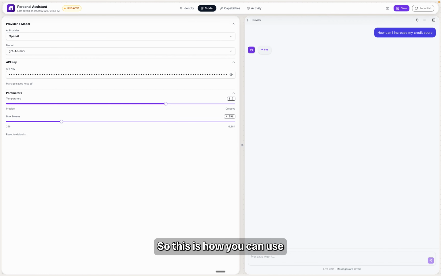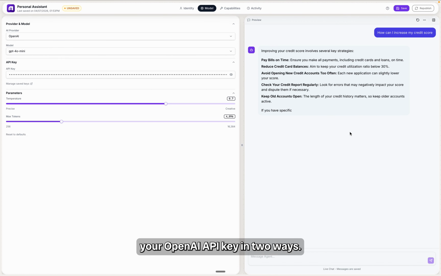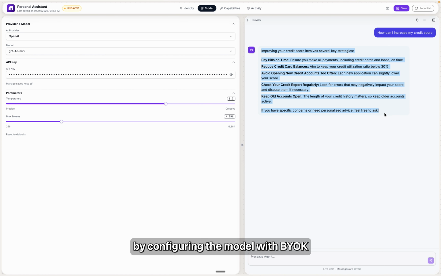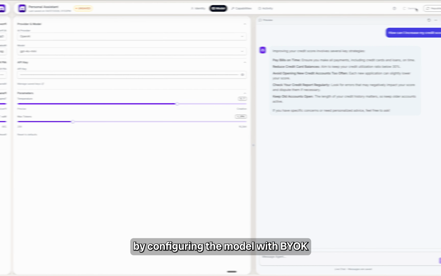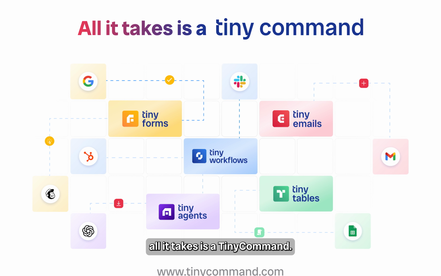So this is how you can use your OpenAI API key in two ways. First, inside workflows using the ChatGPT node, and second, inside TinyAgents by configuring the model with BYOK. And honestly, all it takes is a TinyCommand